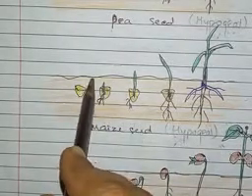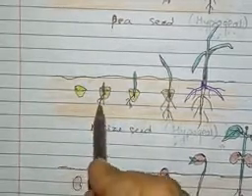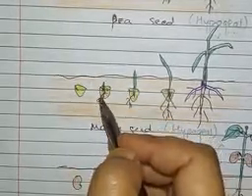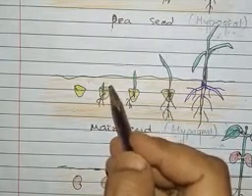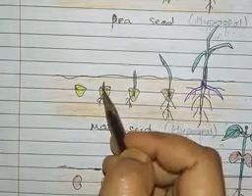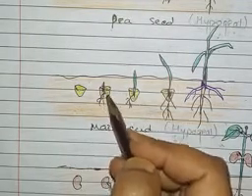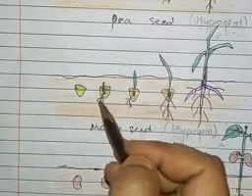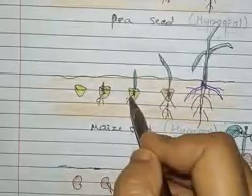Because of this, the outer coat will break and the radicle will come out and form the root system. When the radicle comes out, it will pierce through the root sheath, which, if you remember, is called the coleorhiza. It will carry the coleorhiza along and come out into the soil. Now this root which comes out from the radicle dies off after some time.